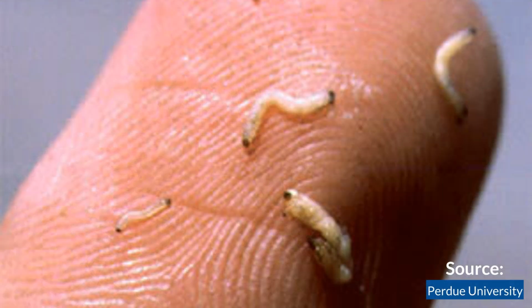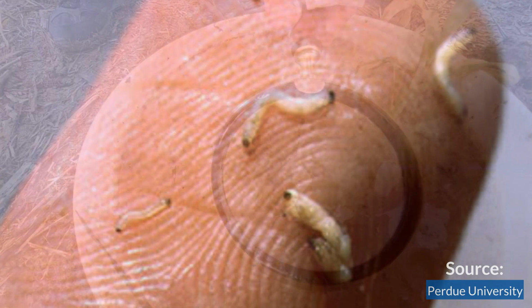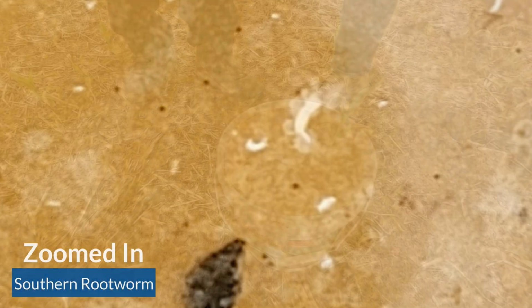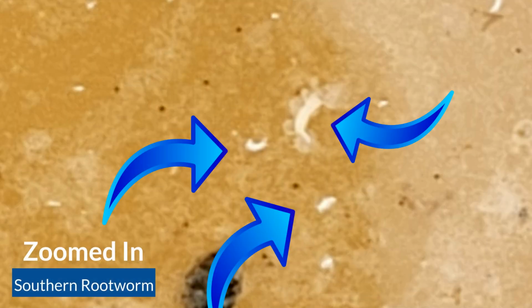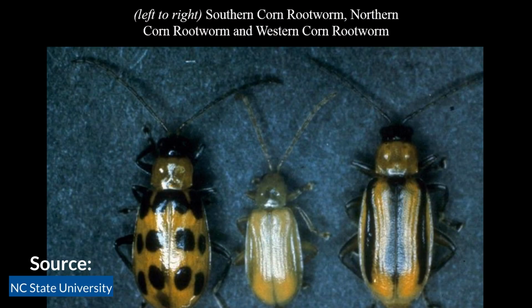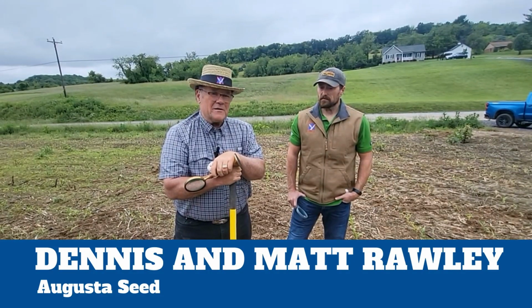These are juveniles, and of course that's what's destroying the crop. They start out like this and then they get bigger. These worms are white right now as juveniles, and as they get bigger, the heads will have a black or brown head and a black or brown underbelly. This field's being killed by them, and in fact they've already made the decision and sprayed it to be able